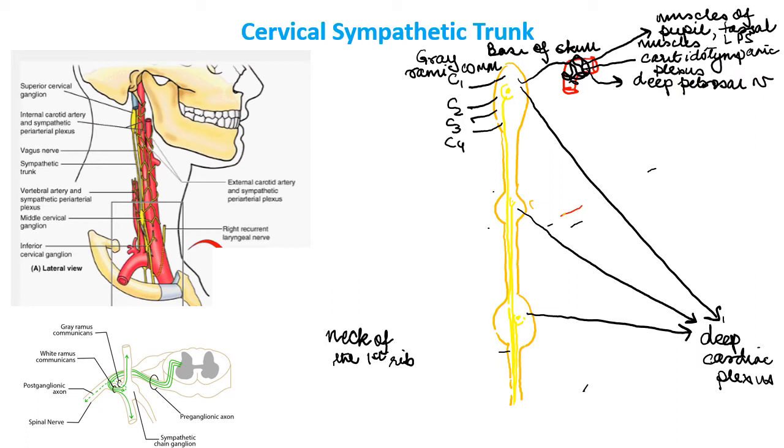Then a branch also arises, which you've seen, which is running along with the branches of the external carotid artery. So this is the external carotid artery. So how have I distinguished them? Internal carotid artery, I have not given it any branches because it went inside the skull, and it had no branches in the neck. And we've now formed the external carotid artery which branches in the neck.